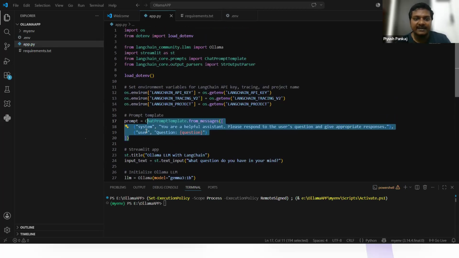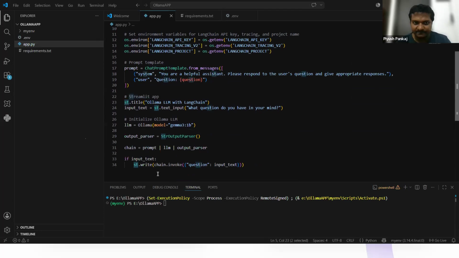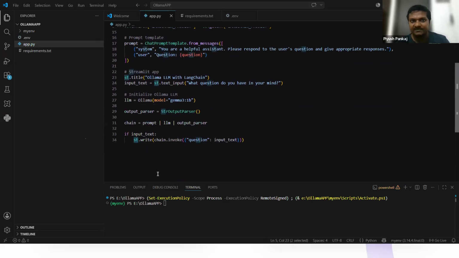Now here we started creating the application using Streamlit. So we have imported Streamlit as st. Again, I'm saying Streamlit we are using to give the UI, to create the application basically. It's very simple. We have given the title Ollama LLM with LangChain.